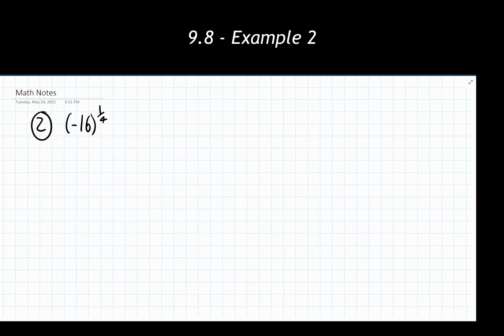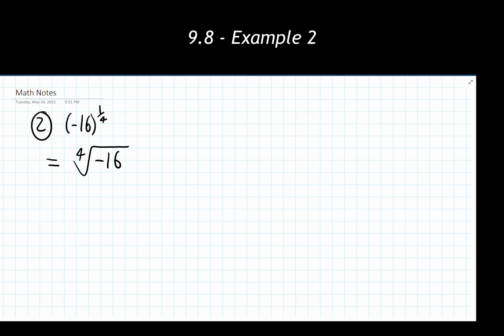Looking at example 2, we're going to basically do the same thing we did with example 1, and that we're looking to rewrite this thing into one of our 4 different forms that we have for rational exponents, and then solve this for our final answer. Again, I'm noting that the numerator is 1, so everything is going to be raised to the first power, so I'm going to jump right to using the denominator as the index of the radical to say I'm going to have the 4th root of negative 16. This negative is inside of the set of parentheses, and that set of parentheses is all being raised to a power, so we are including that negative inside the radicand here.